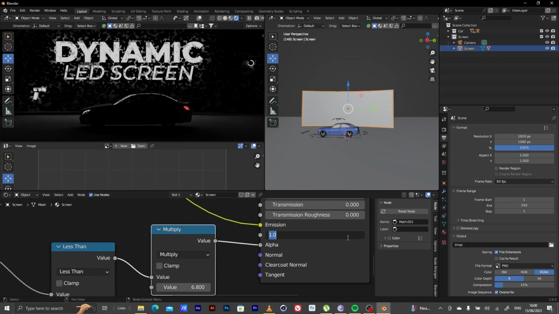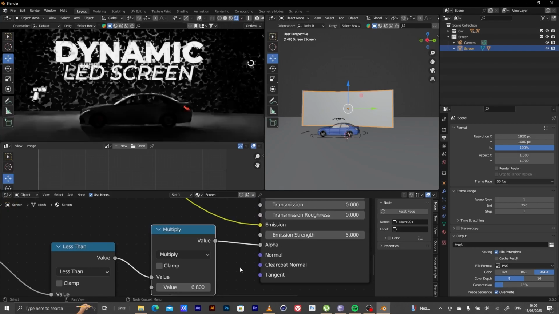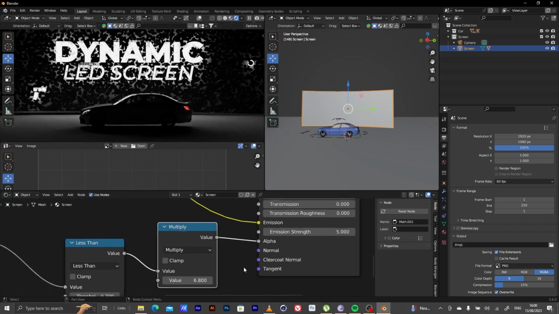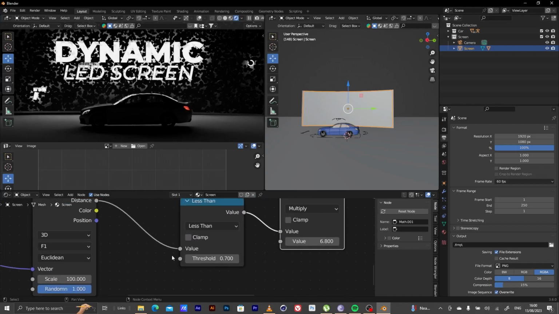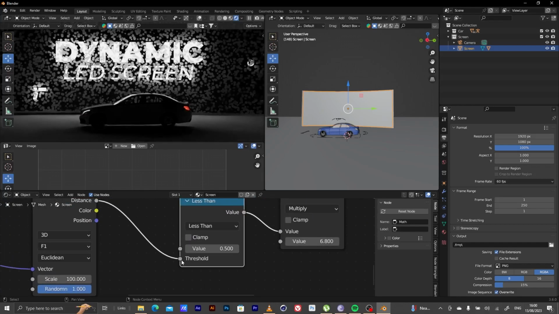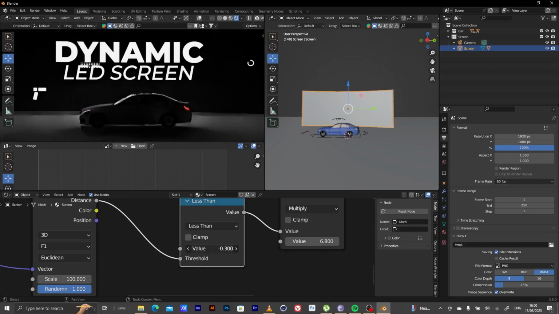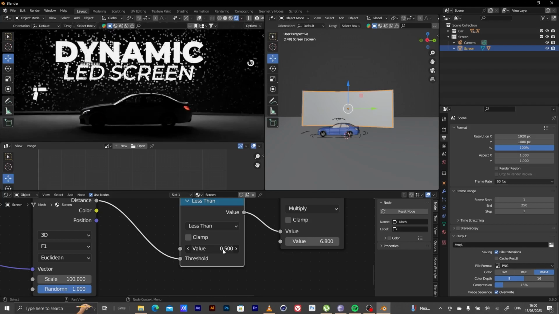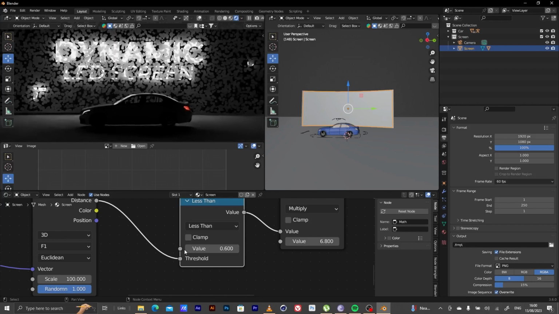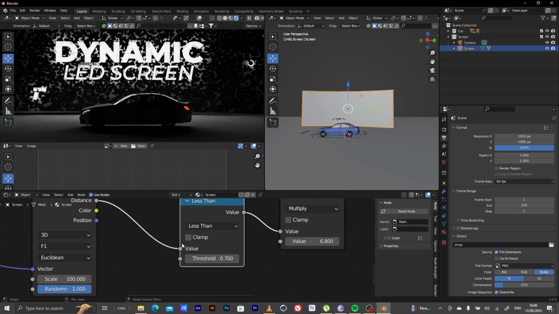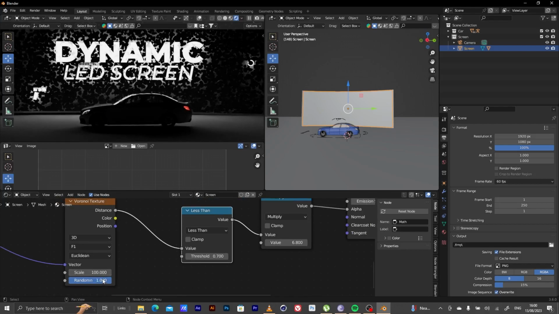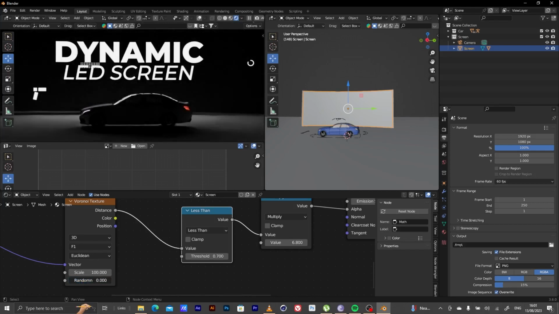With this emission strength to like 5. Yeah, let's have something like that. You can just honestly play around with this to create a desired effect. I'm going to put this here. For the random, you'll have to bring it down so that you create like